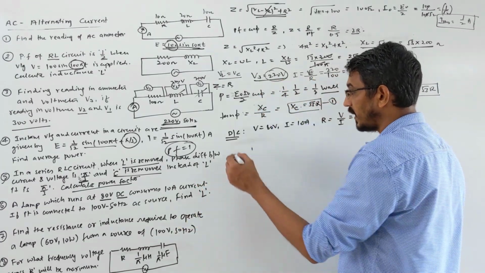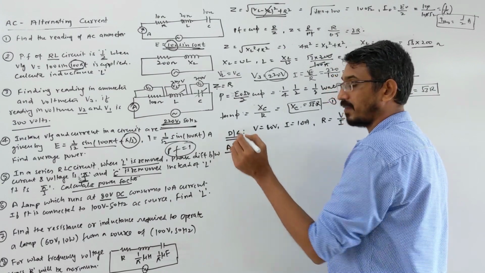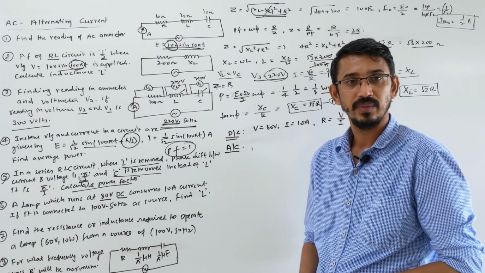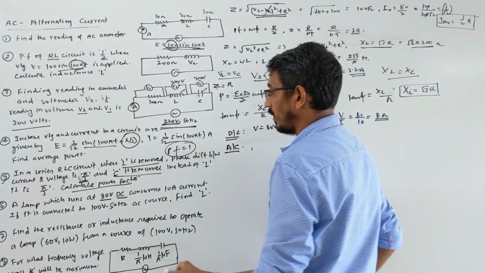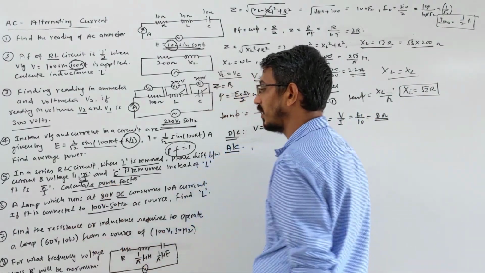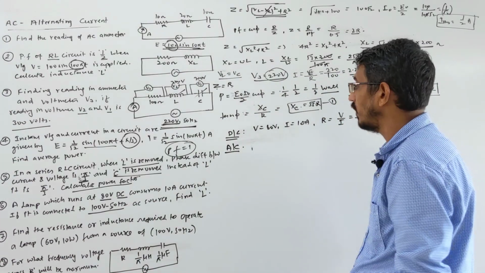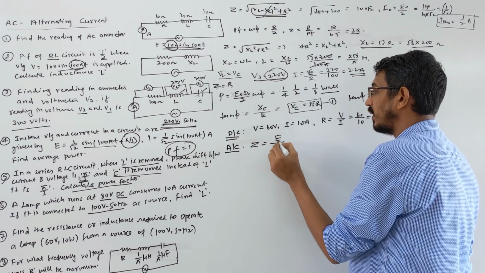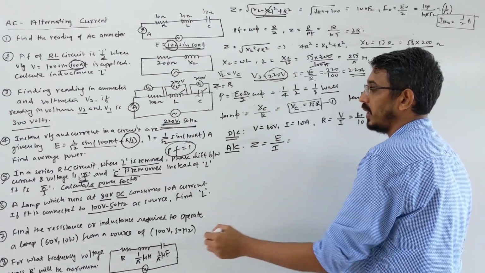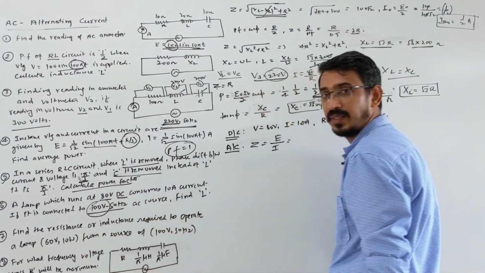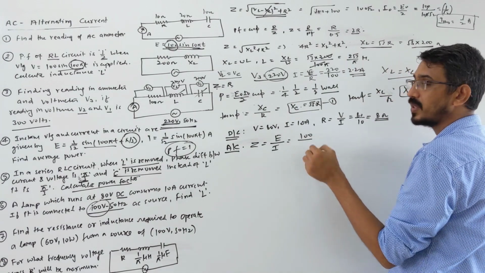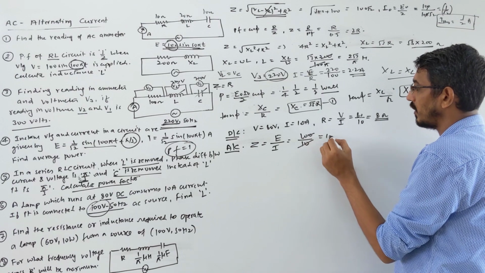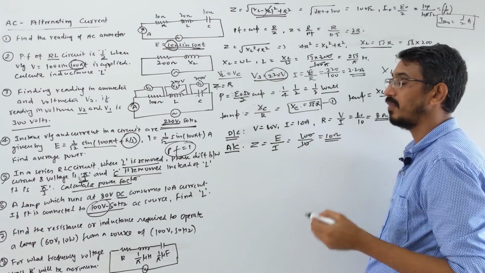Now the same thing is connected to an AC circuit. In AC, resistance will be there, and the inductor will also come. Now what are they saying? Now it is 100 volt and they are consuming the current. So what is the impedance now? We find impedance as E by I. Because we know E, 100 is the RMS value. Current they consume is also given, 10 ampere. So this becomes 10 ohm. This is your impedance.